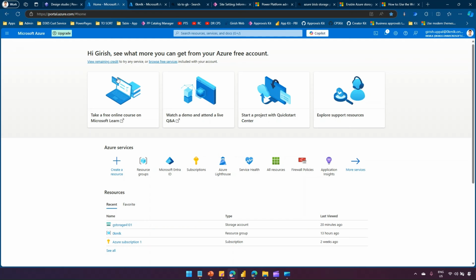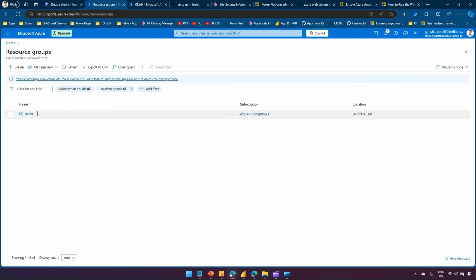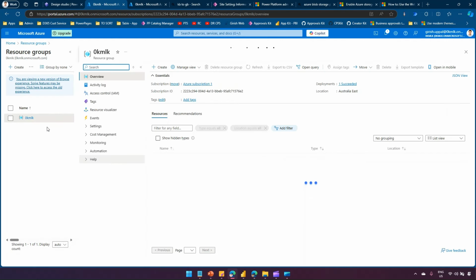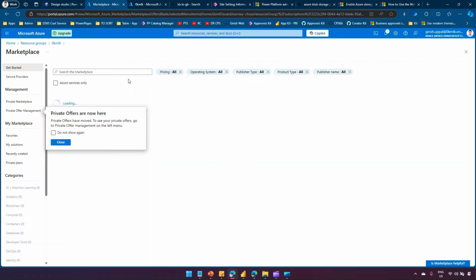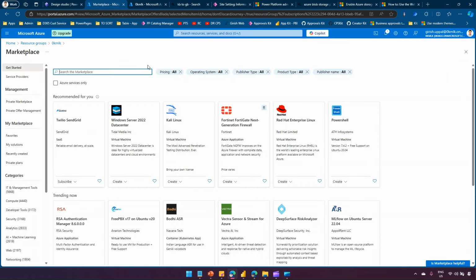And here we are going to create, I already have a resource group. So this is the resource group which I have named 0k mlk. Now if you do not have a resource group, create a resource group, and then within a resource group we can create something called a storage account. So this time I'm going to create a storage account. You can navigate from any place, you can search the marketplace. So storage account,